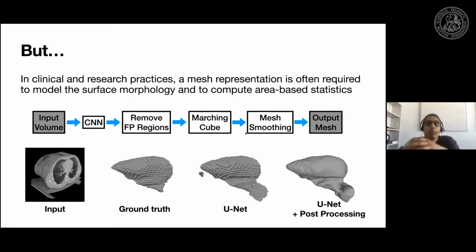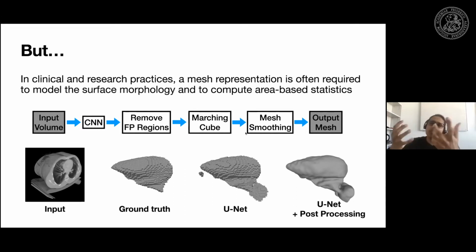They want to compute statistics, such as area-based statistics, or how the shapes are changing between subjects, and so on. Also for visualization purposes, there is an advantage: the rendering systems and all work much better with meshes. So there is always a preference for